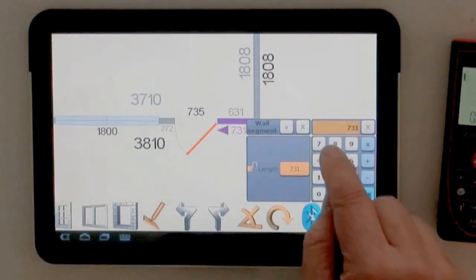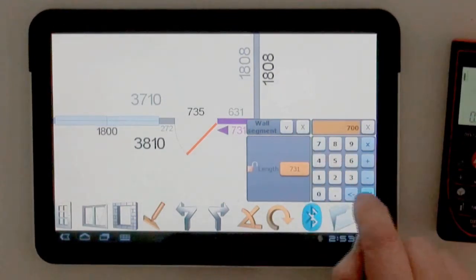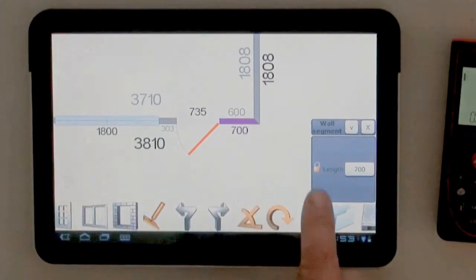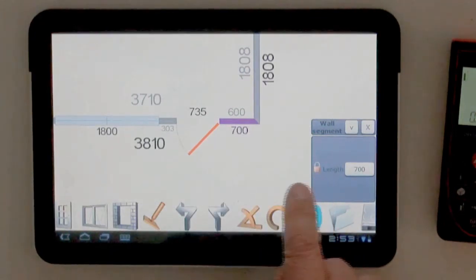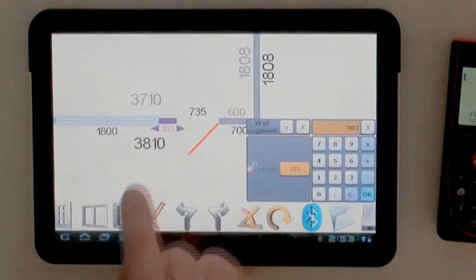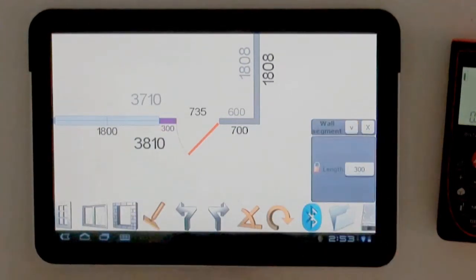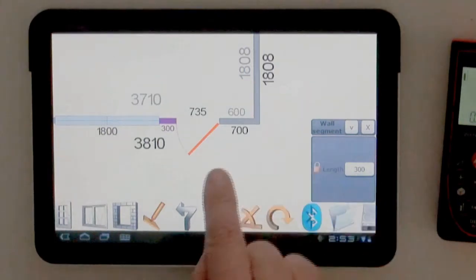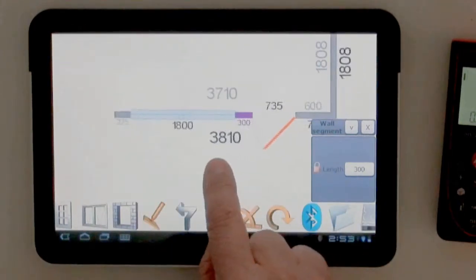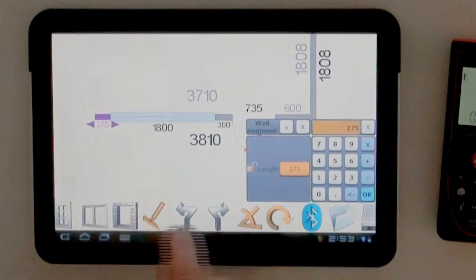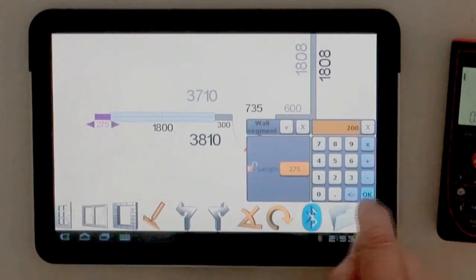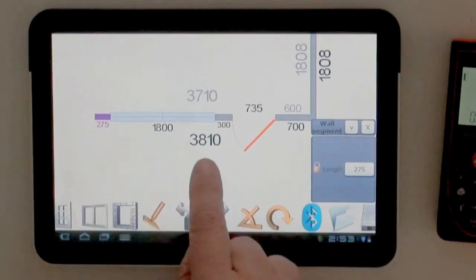Once again I can use a Disto if I want. Then I'm going to make that 700, push OK. We can see that that's 700 now. We can see that dimension is now locked and the window is 735. Now I'm going to move along the wall a little bit. I'm going to grab that 303 dimension and change that to 300. And once the dimensions are black, they are locked. They can't be changed anymore. So if I try and change that end one, 275 to 200, it won't let me do it